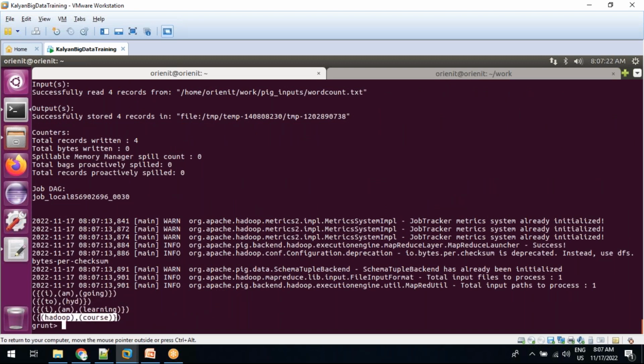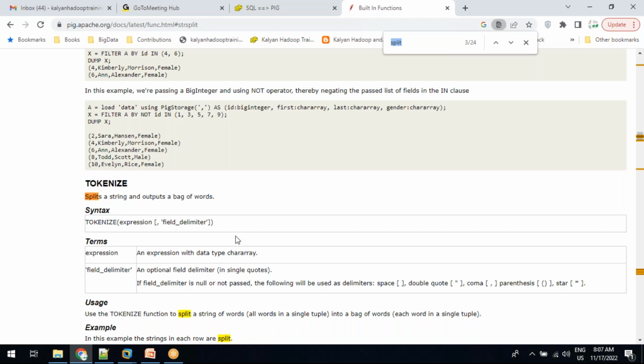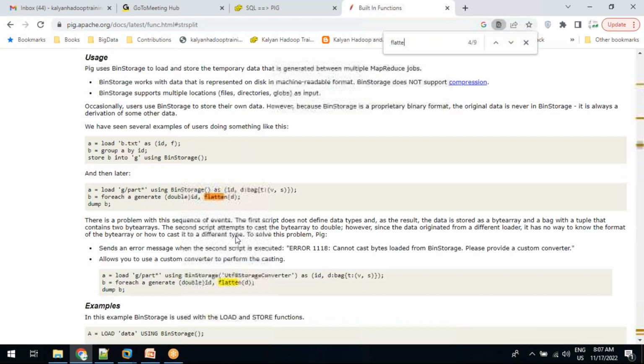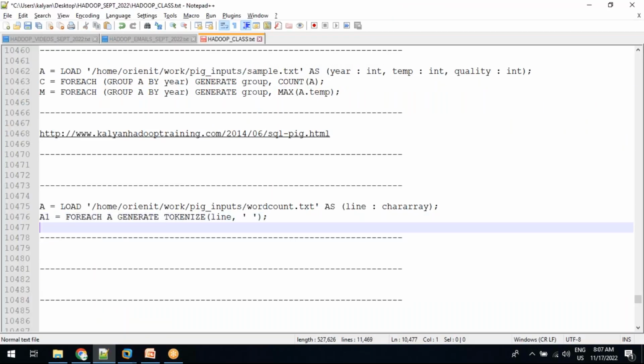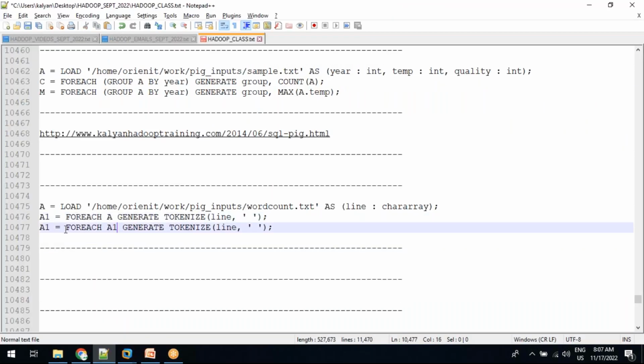Now if you want to do a group by operation, this data has to be flattened. For that, we have a concept called flatten. So we need to apply the flatten here. Flatten of